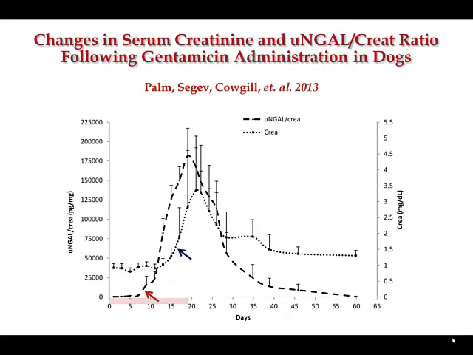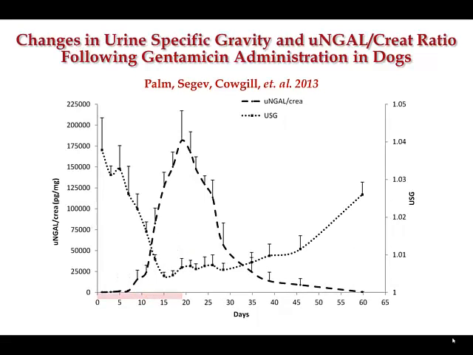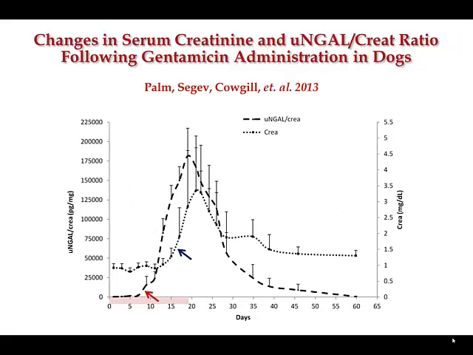This is urinary NGAL again. In this study, this is now our gentamicin study again, and urinary NGAL was able to pick up the AKI at about 8 or 9 days, compared to day 18 for this collective population of dogs looking at serum creatinine as your biomarker. So 10 days earlier than you would have predicted the injury by creatinine, urinary NGAL predicted the injury at about day 8. And maybe with a closer look, you might even get urinary NGAL a couple of days earlier than that.